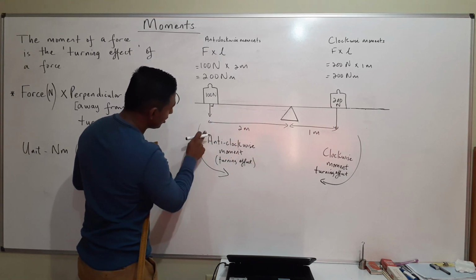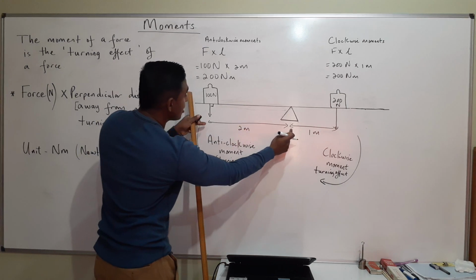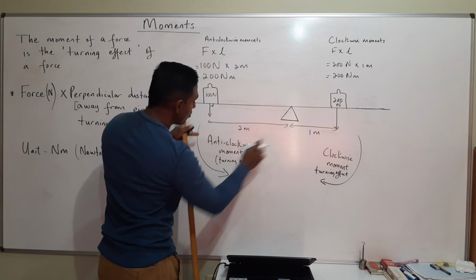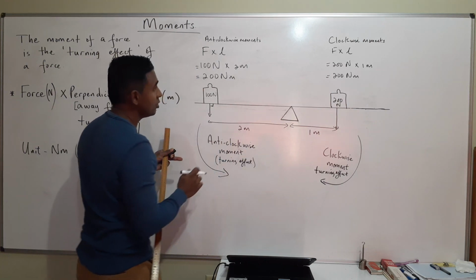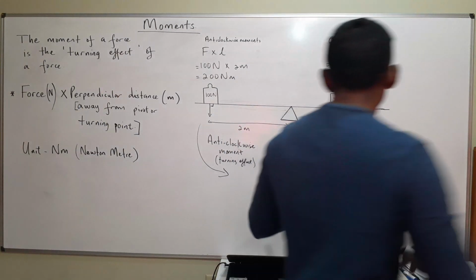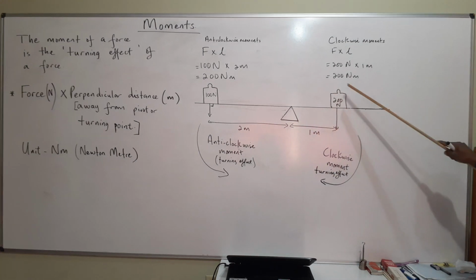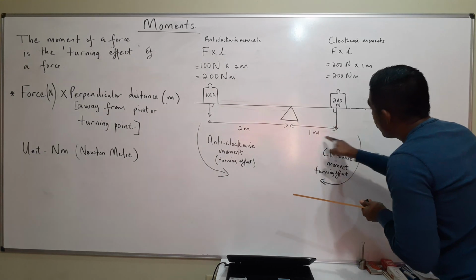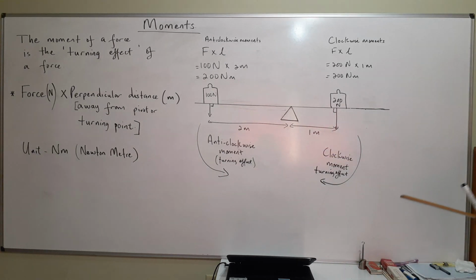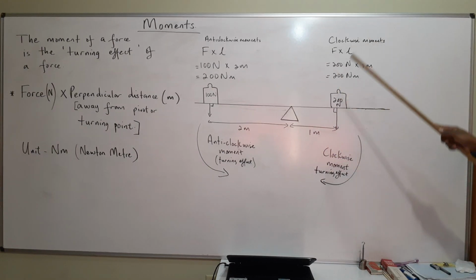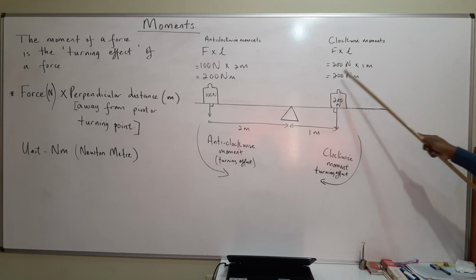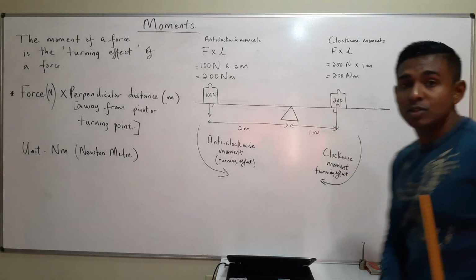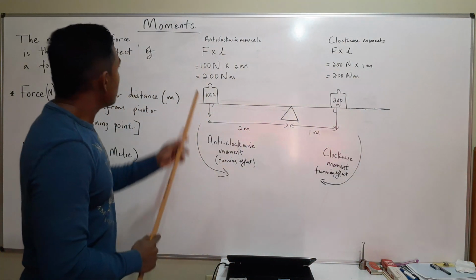This force, 100 Newtons, multiplied by the distance away from the pivot, 2 meters, gives us 200 Newton meters. On the other hand, we have a 200 Newton force here, and that force multiplied by that 1 meter perpendicular distance gives us 200 Newton meters of clockwise moment, 200 Newton meters of turning effect. So in this case, these two